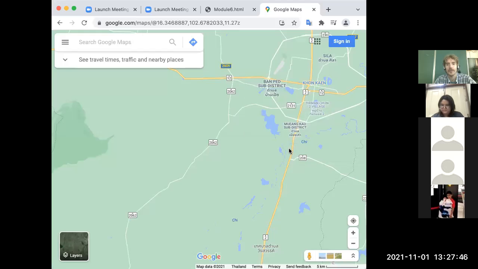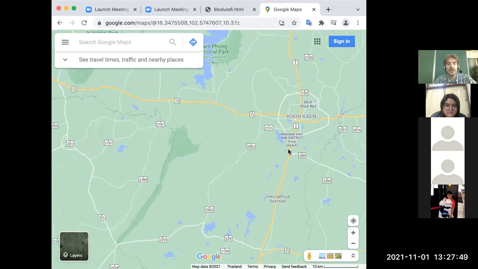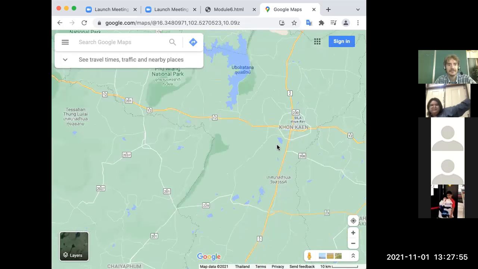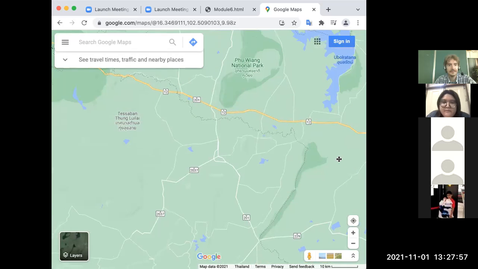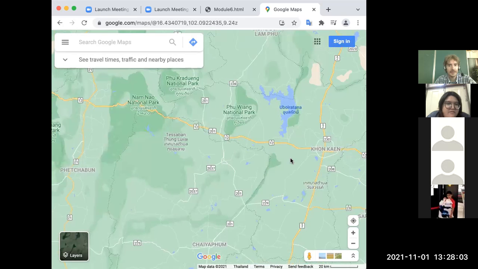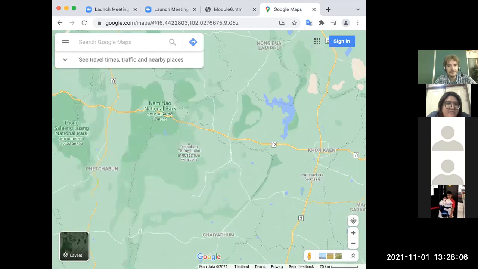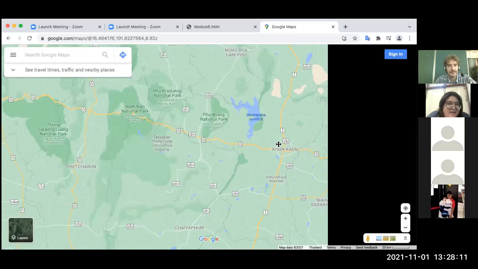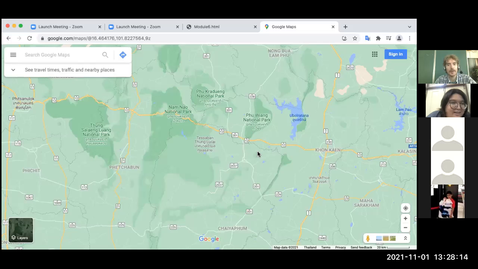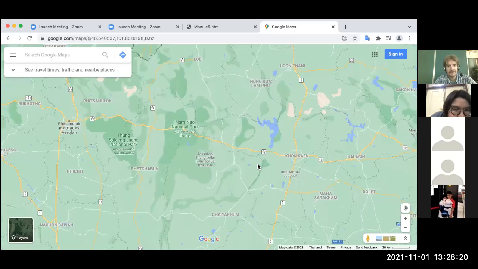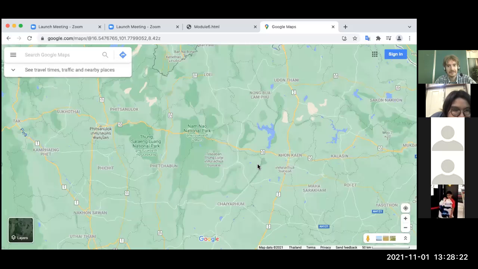What's westward? What's west from Khon Kaen? West. Can you pan out a little bit? Please zoom out. That's what I'm doing. Can you zoom out for me because I can't see any province now. I'm not asking about provinces, I'm asking about towns. I think it's not Ubon. Maybe Phitsanulok? I think it's not.